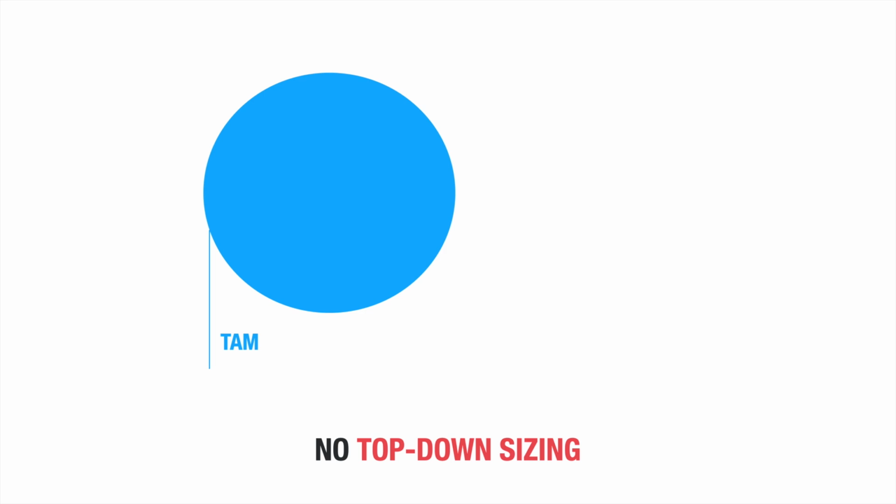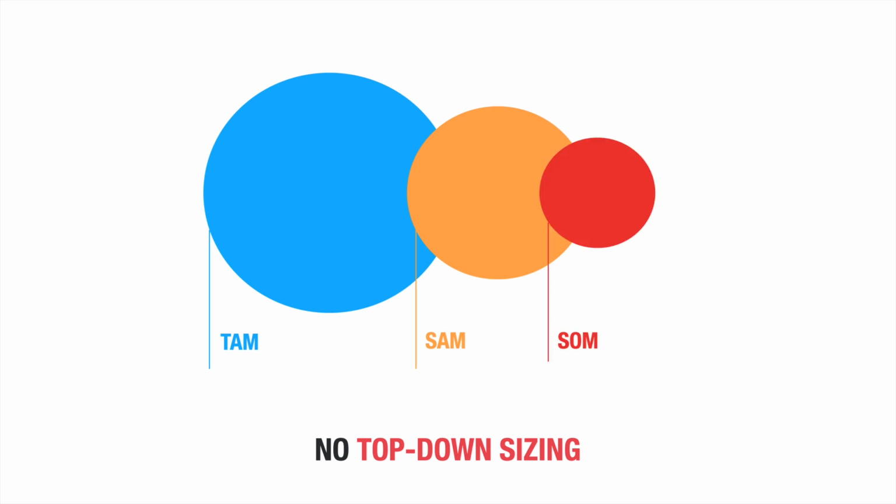We're also not going to rely on a top-down sizing model. This is where you try and justify an idea simply by attaching it to a large enough market. The logic goes that if you can capture just 1% of this market, you'll be all set. After all, 1% of a billion-dollar market is still a lot of zeros. The problem with this approach is that it doesn't address how you're going to get to that 1% market share